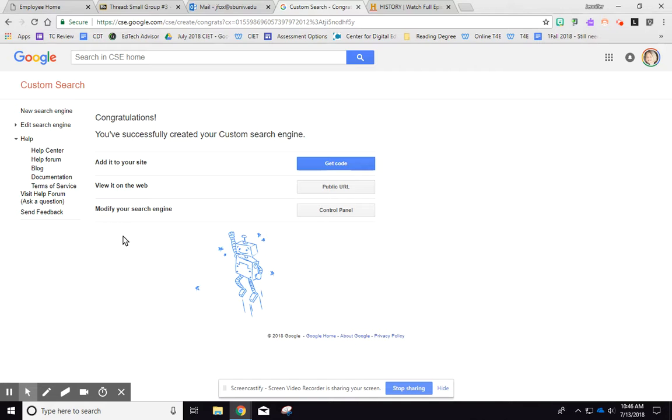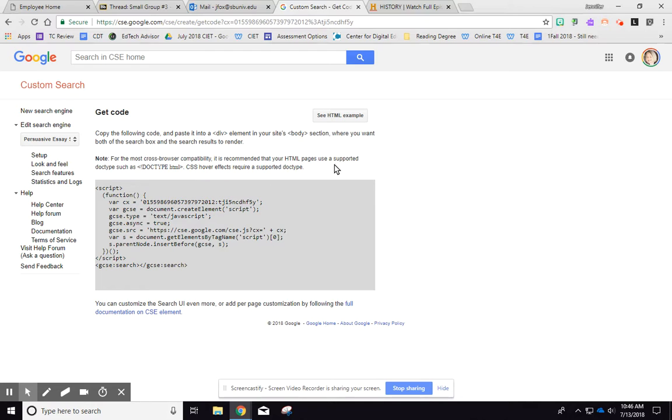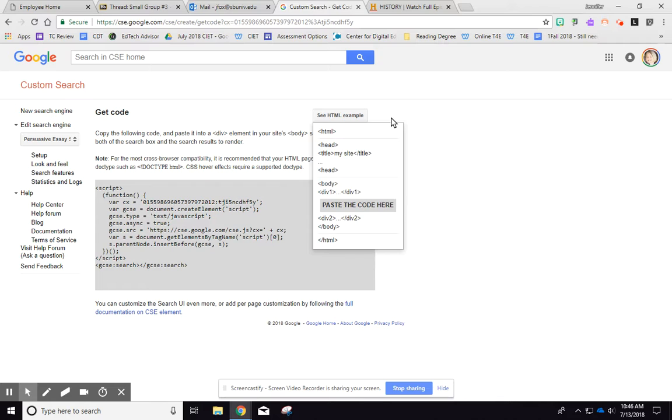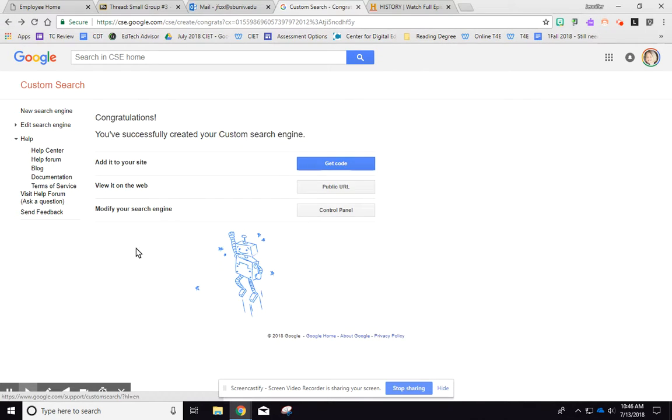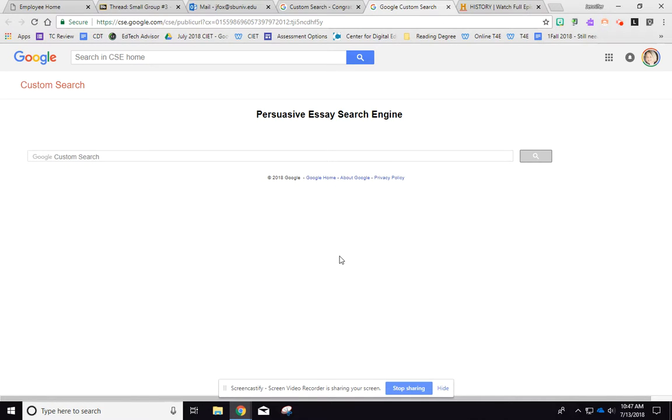Okay, so here's the really neat thing is that you can actually get the embed code to add it to your site. Okay, so I would actually get the HTML code, or let's see, can I go back? Yeah, if you want to actually view it on the web. Okay, so this is what it would look like to your students, and here is the link. So if you put this link right here on your website, then your students would see this when they come to the page, and you would say, let's do Africa,